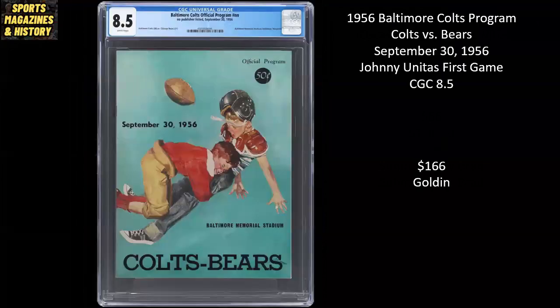Here's a cool game program from 1956. Baltimore Colts versus the Chicago Bears. And this was actually the very first game for Johnny Unitas. How cool is that? September 30th, 1956. It's graded as CGC 8.5. This one sold on Golden Auctions for